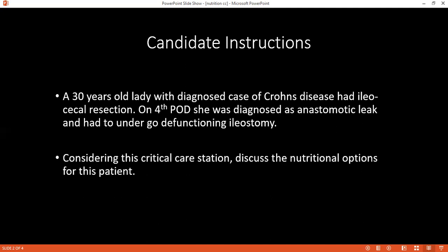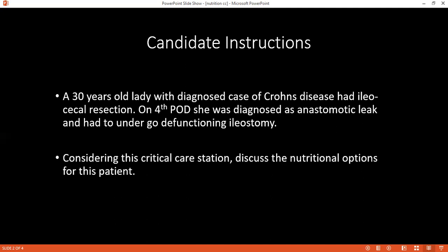Okay, what do you understand by total parenteral nutrition? Yeah, this is feeding via the intravenous route to give the nutrition to supply the daily requirement of the patient. Yes,